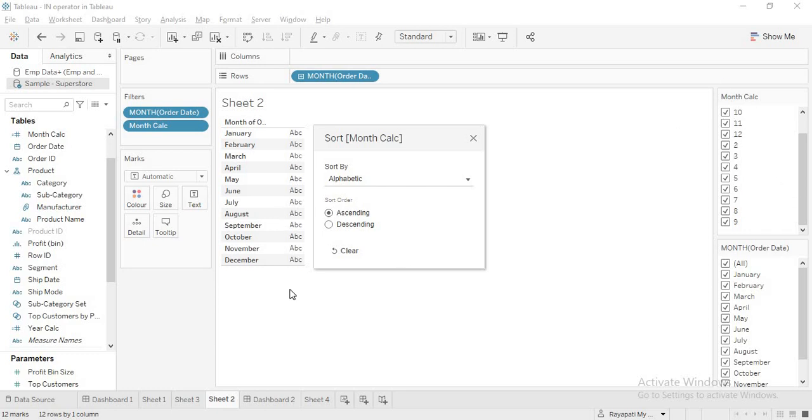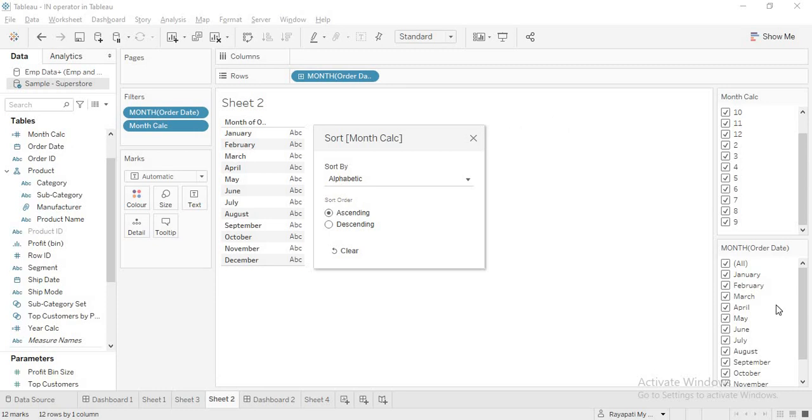See, whenever you are sorting, it will take only the first number into consideration first, and if there is any issue with this, like these two are the same, then it will go to the second number. So 0 is first, so it will sort by 0, and the 1 is next, so it will sort by 1, and again it will come to, see, there are 3 ambiguities. So this sorting is done by these 3 numbers, and the rest of the sorting is normal. So that is how you do it with the months.